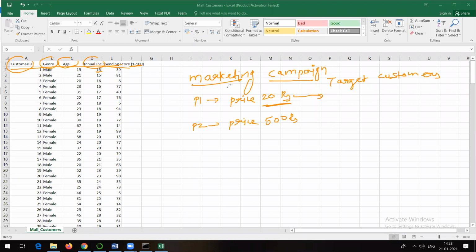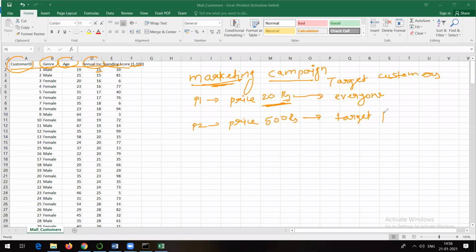Here the company can target everyone, because even a rich person can buy a product which is not that costly. Suppose in this case, who will be the target people?